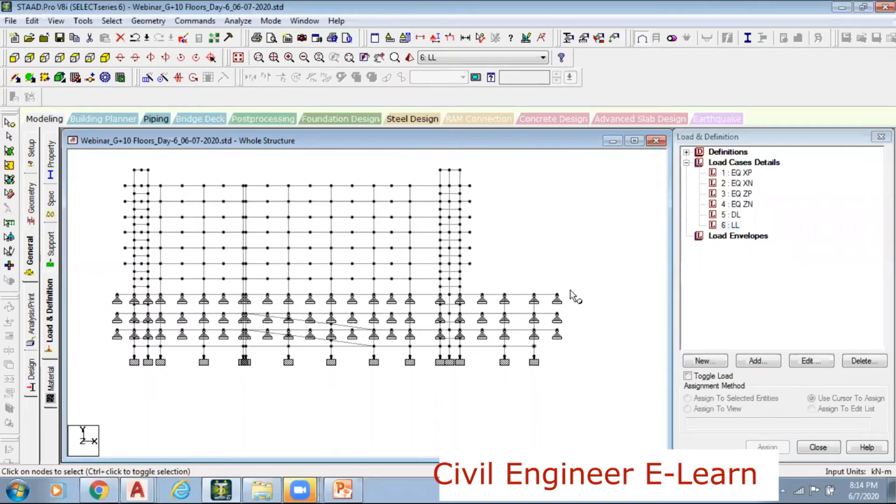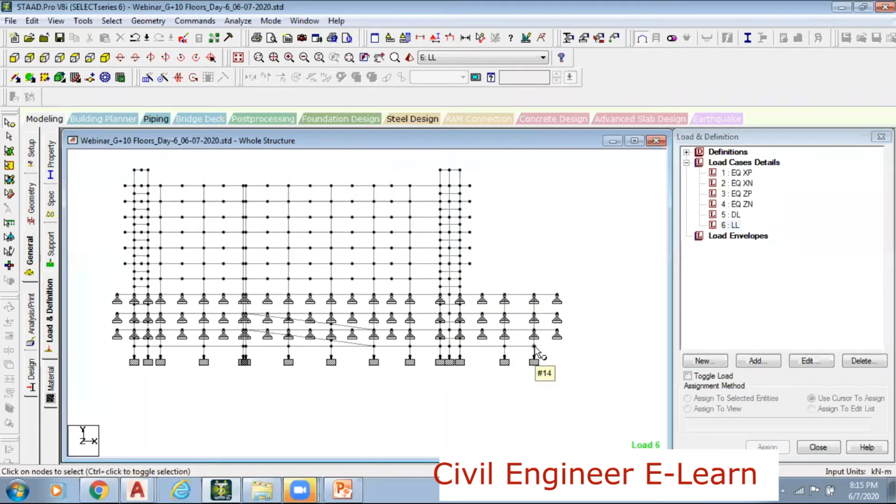So this is the ground level, which is usually referred to with the 0 level, and the cellar levels are minus. This is minus, this is minus, and this is minus. And the floors above the ground level will be indicated with positive levels, like plus 3.3, plus 6.6, then plus 9.9, and so on. Right. So now it's clear.